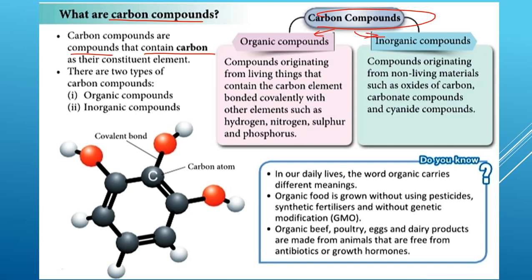Okay, organic compound is a carbon compound that originates from living things. They contain carbon element bonded covalently with other elements such as hydrogen, nitrogen, sulfur, and phosphorus. So organic compound is a carbon compound but originates from living things. So here, this is carbon atom, they are bonded by covalent bond to other element such as H, N, S,